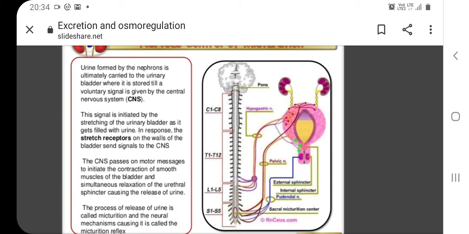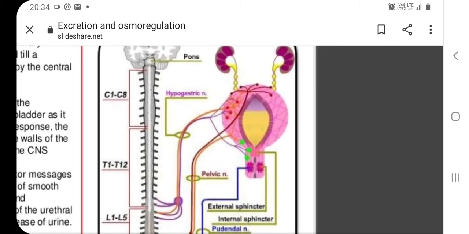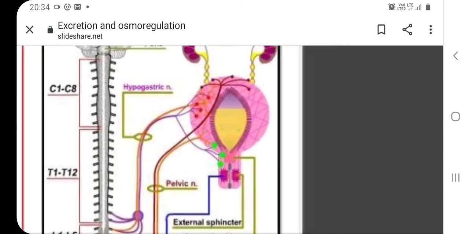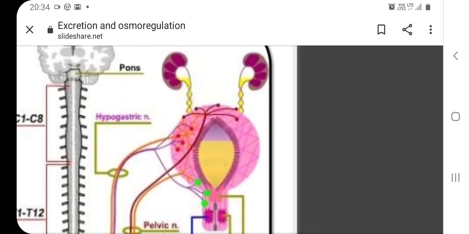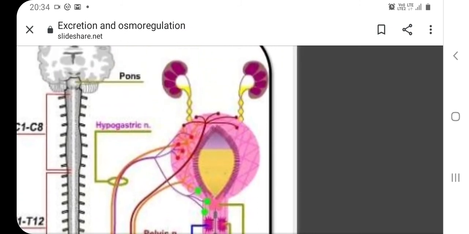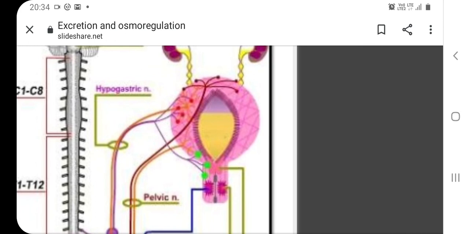The signal is initiated by the stretching of the urinary bladder as it gets filled with urine. As you can see in this diagram, this is the urinary bladder. When it gets filled, swollen up with urine, which can be seen yellow colored, then this stretching of the urinary bladder